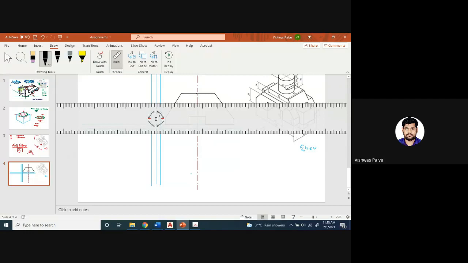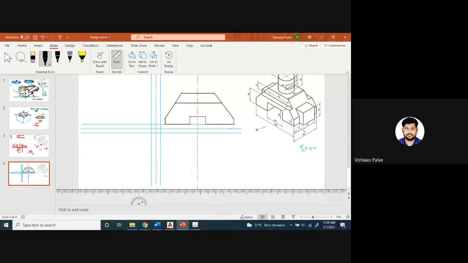Here you have to draw a dark line which will represent that there is a change of surface. Okay, this change of surface I am showing here. Okay, so now when we observe it from front, let us check our drawing. I have drawn this line. Yes, this line has been drawn. Okay, same line has been represented here. The square slot, a rectangular slot of 20 and 40 millimeter, that is also represented.